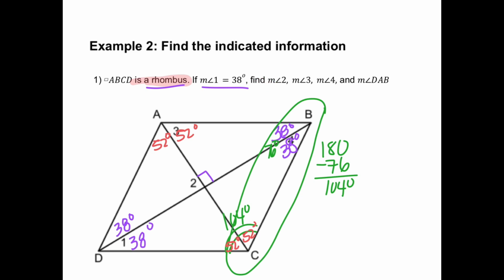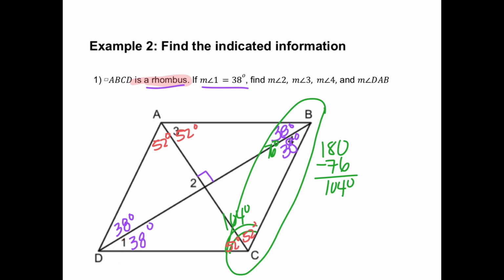Measure of angle 2 is going to be 90 degrees. So that's there. Measure of angle 3 is down over here. That's 52 degrees. Measure of angle 4 is 38 degrees. And then the measure of angle DAB, we have to follow the letters D to A to B. So it wants this whole angle on the rhombus, which we found to be 104 degrees. So we have found all of our pieces just by being given one angle measure and the fact that it's